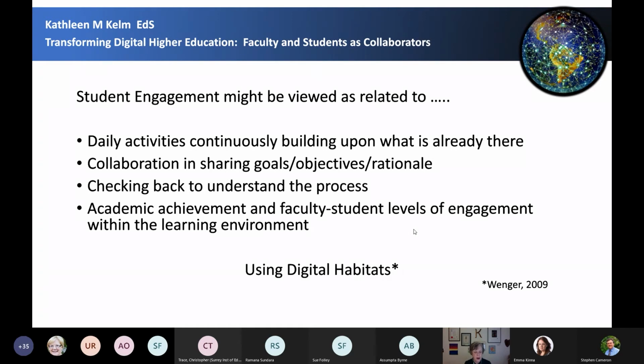When we move to a synchronous environment or a blended environment, asynchronous and synchronous, that digital presence doesn't go away. That concept of presence doesn't go away. So the original model of presence is still very much involved. So online learning presence, the teaching presence.